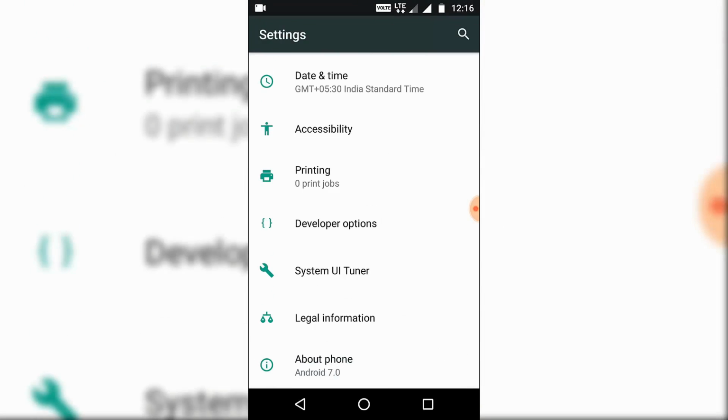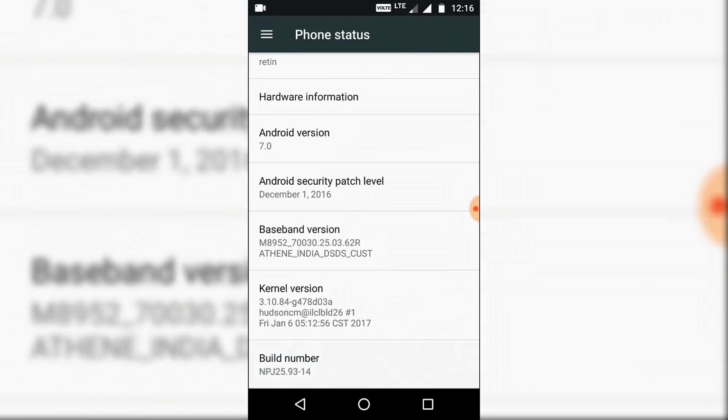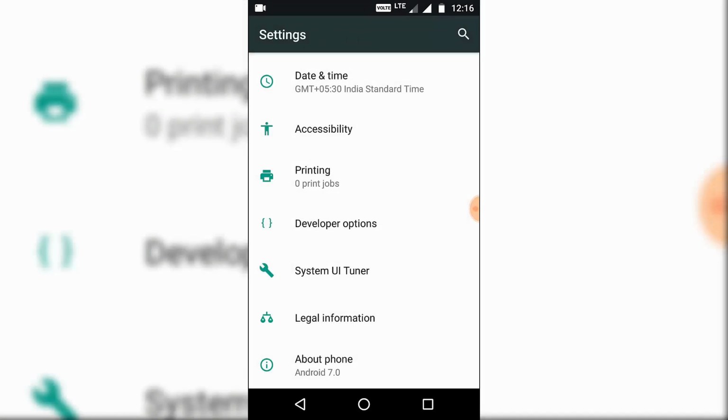So for this you need to go to the developer options from the settings. Now if you don't find developer options, then don't worry, just go to about phone, go all the way down to build number and tap it 7 times. Then it will show you that you are a developer now. Go back, go to developer options and turn them on. You might see a warning or a pop-up, click on OK and that's it.